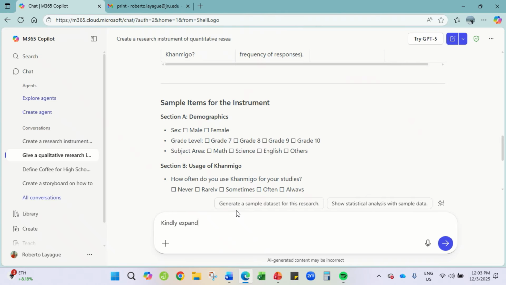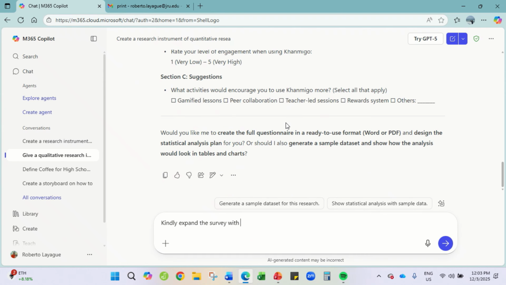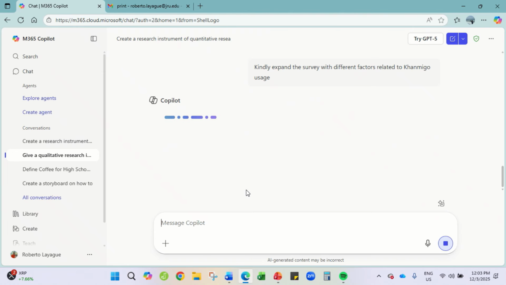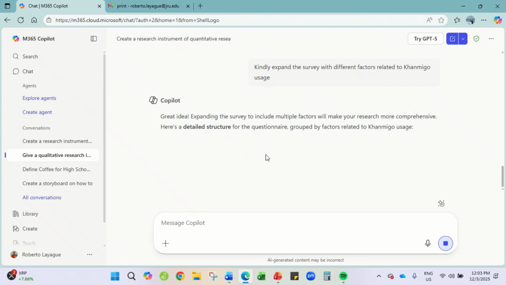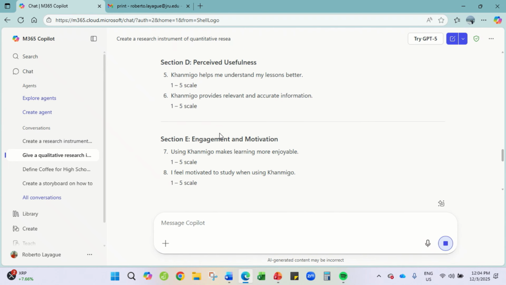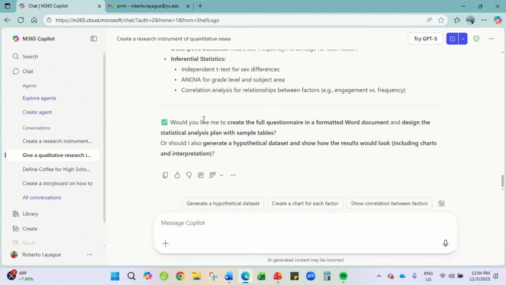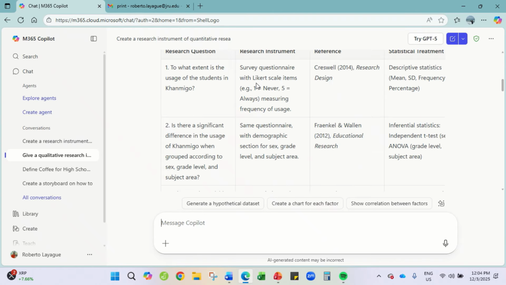Kindly expand the survey with different factors related to Canigo usage. So there are section A, perceived usefulness and engagement. So there are a lot of questions. There are 11 questions already. So this could now be an instrument for that.